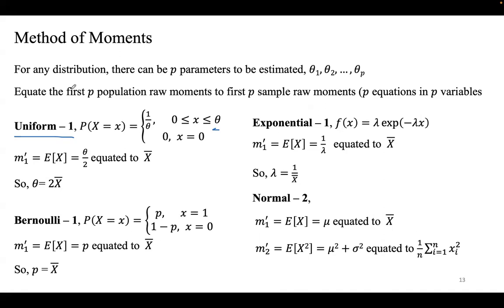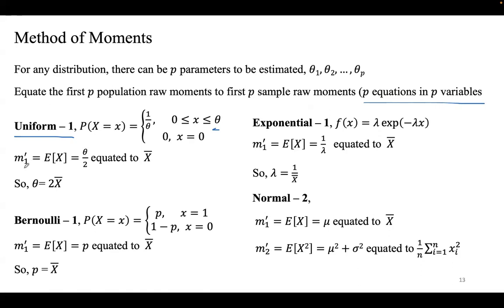If you remember in school, there were topics such as linear equation in one variable, system of linear equations. So you'll have two variables or three variables. So you need to have as many equations as the number of variables. So like this. In case of uniform distribution, since there was only one parameter we want to estimate, we'll